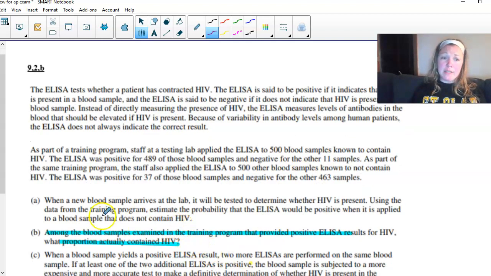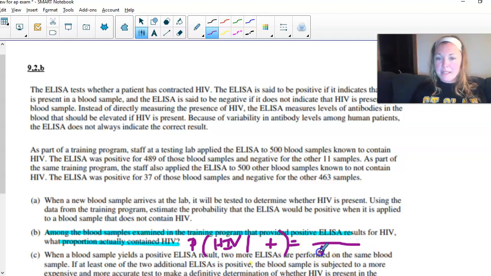What I really wanted to just highlight right here is this part B again. Among the blood samples examined in the training program that provided positive ELISA results for HIV, what proportion actually contain HIV? Here they don't always say the probability, they say the proportion, but that's another given. What's given? That they had a positive HIV result. That's given. What's the probability they actually have HIV? Okay. So, another given one. All the ways you can test positive in the denominator. In the numerator, all the ways we test positive and have HIV. Please, please, please, I will make a note to put a tree diagram video up so you can watch that